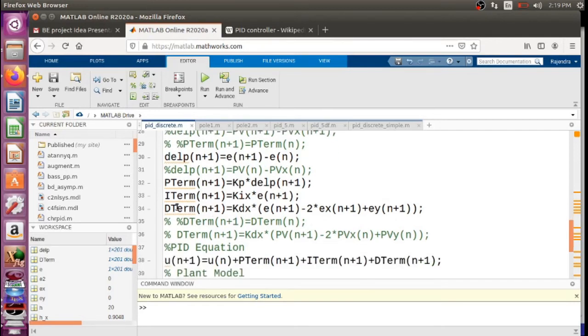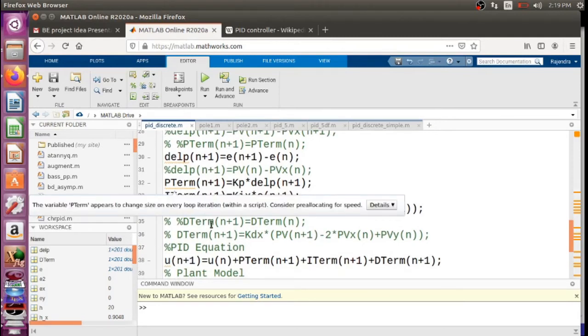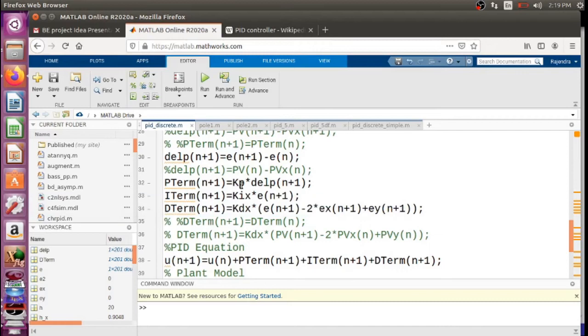So here the P term is derived as Kp into the difference of the error, delta error. Then the I term is basically the integral gain multiplied by En plus 1.